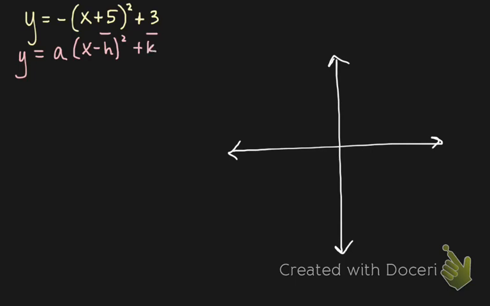So that minus h is really important. It's going to tell us that we need to take the opposite of this value. And the reason why it's a plus is really we're throwing a double negative into the equation. So if we have x minus negative 5, our double negative is going to make that a positive. Ergo our plus 5 in the equation. So our vertex for this graph is going to happen at negative 5, 3. So we can go ahead and plot that point.